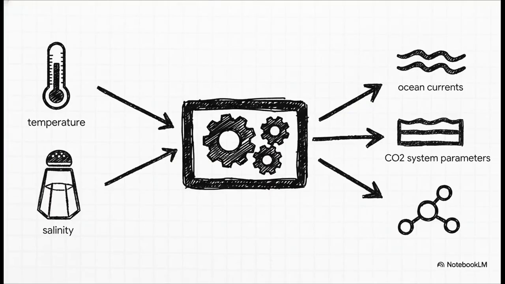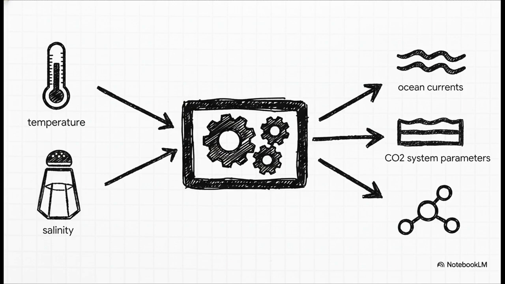So what does that mean in practice? Well, with just a few clicks, a researcher can calculate something with a crazy name like the Brunt-Väisälä frequency. Yeah, it sounds complicated, but it's a super important measure of how stable the water is. It tells you how easily different layers of water can mix. And that's a total game changer for understanding everything from how nutrients get to plankton to how the deep ocean